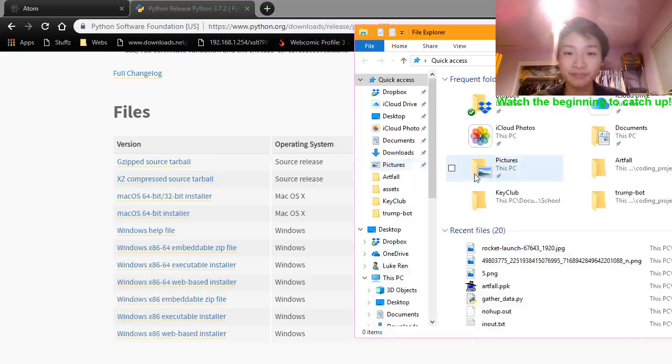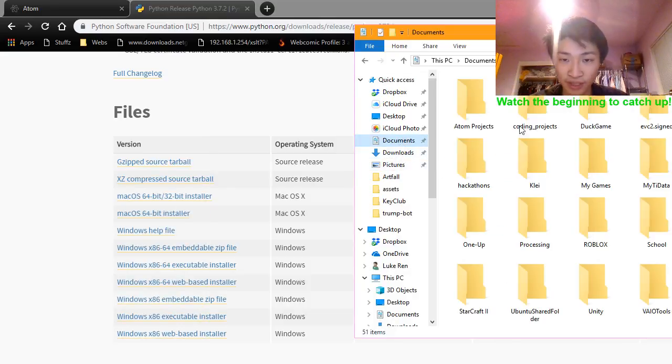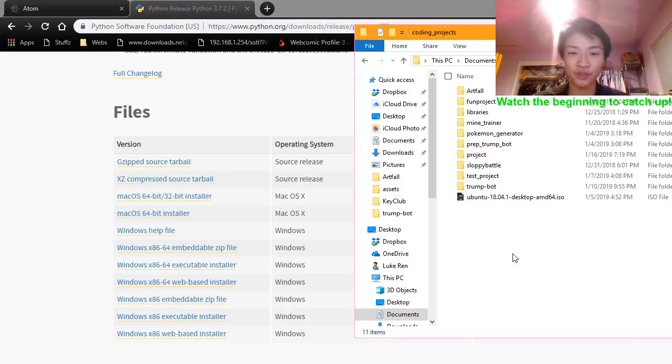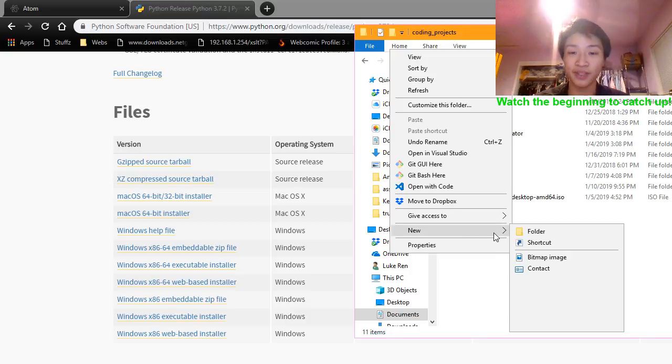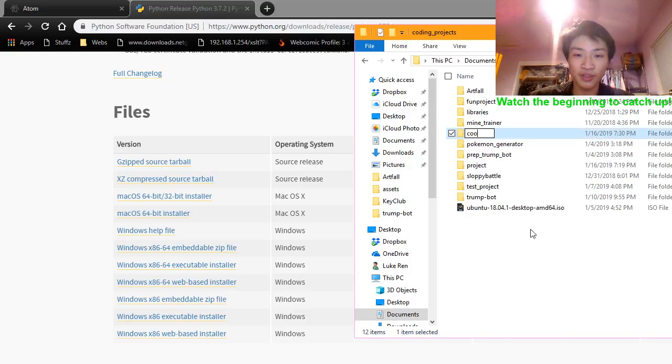Click on File Explorer. Now I'm gonna put it in my Documents folder, and inside of my Documents folder, I'm gonna put it in the Coding Projects folder. Now this is where I'm gonna be working. I'm gonna create a new project, right? A new project folder. I'm gonna call it Cool Project. Now go ahead and once you've created it, double click it